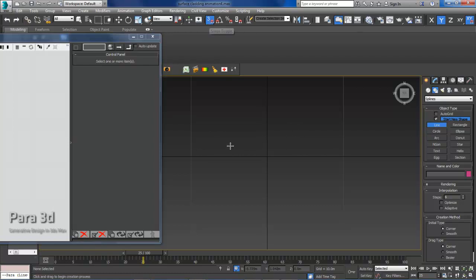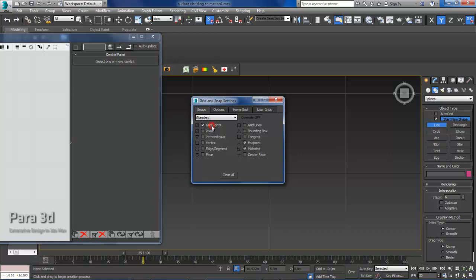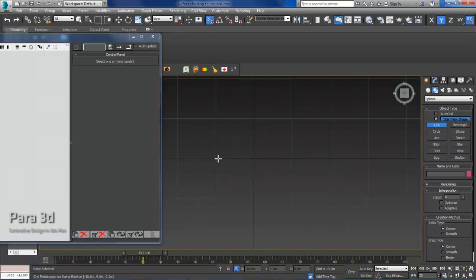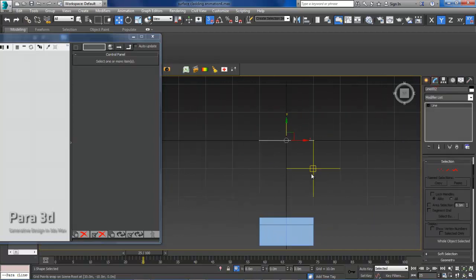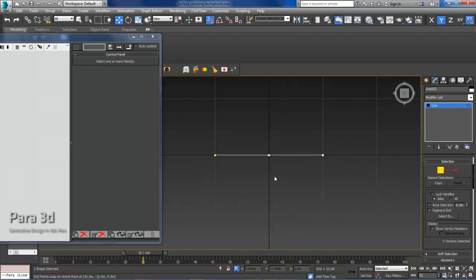So just to keep everything organized, I'll open up the snap dialog box. You right click on this and I choose grid points, and okay, now I can see it snap on the grids. So you just pick 3 points from the grid. 1, 2, 3. That's the line with 3 vertices. Once you've done that, you go to modify. Make sure that